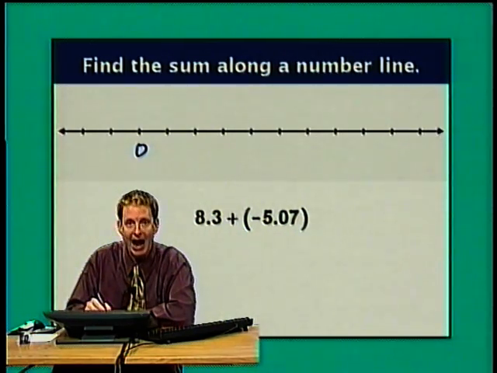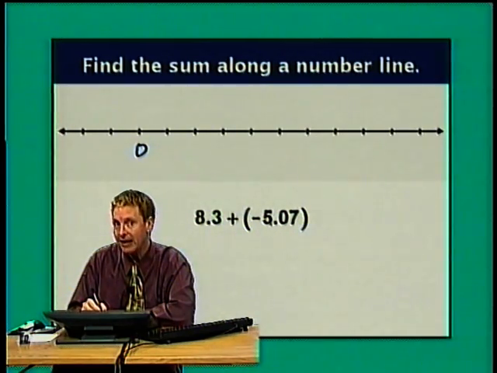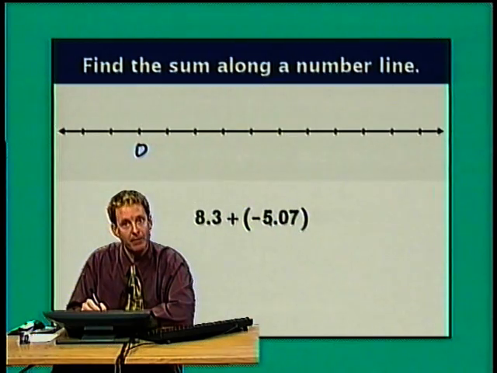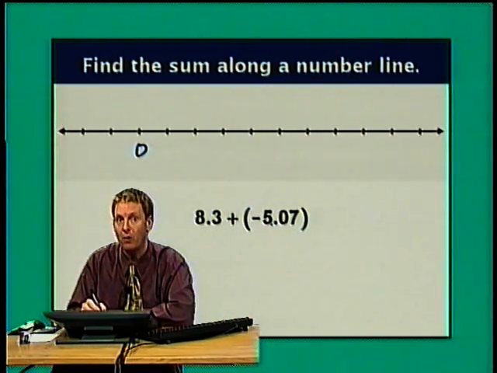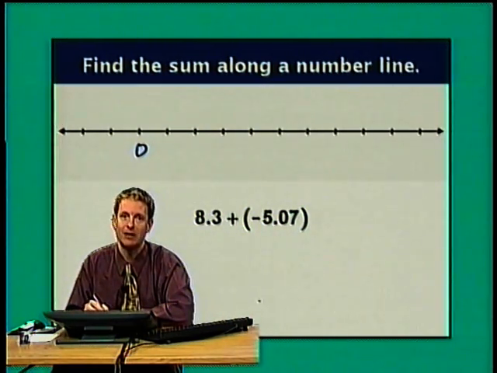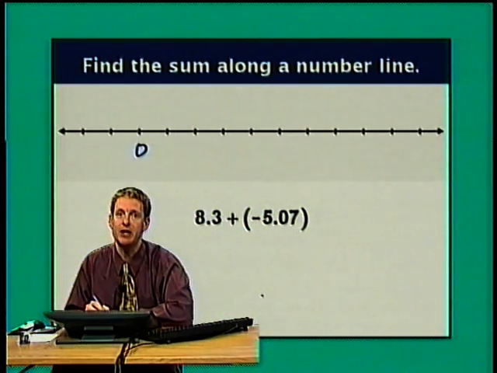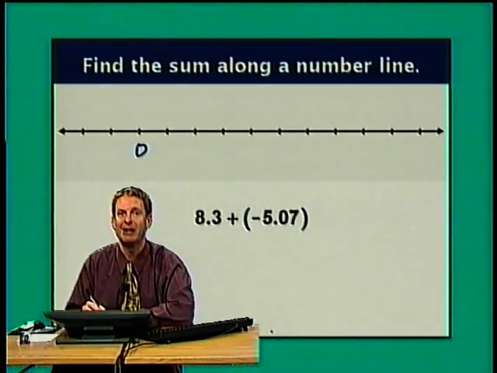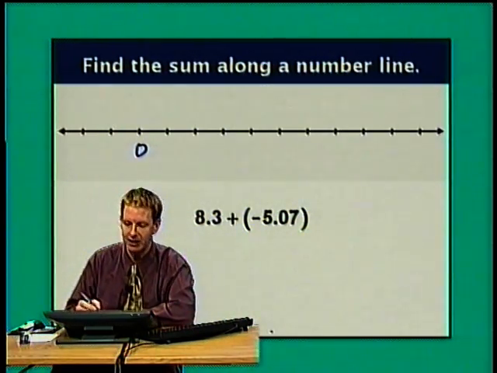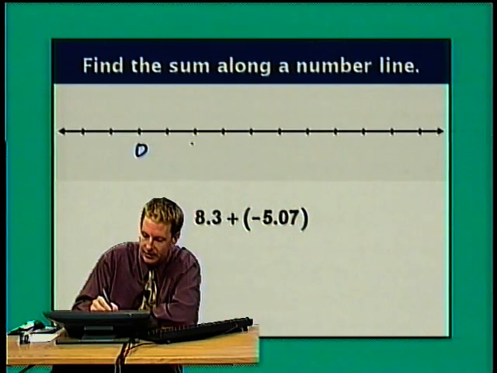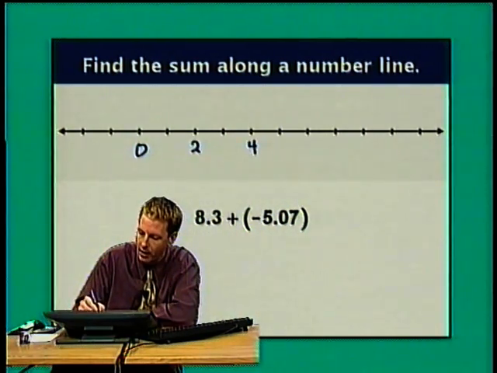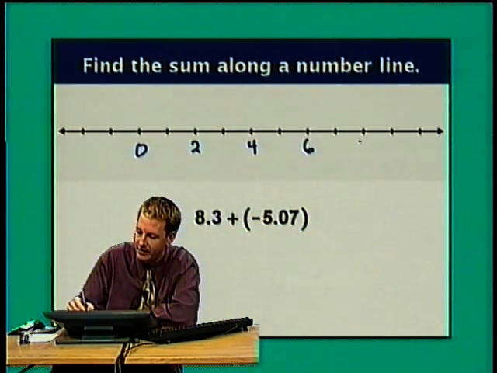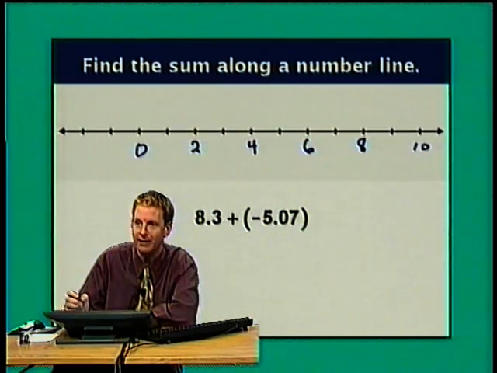And since I'm adding a negative number, the next motion is going to be left, but I'm not going to go back left as far as I went right. So I'm not going to get back to 0. So it looks like having 0 here is going to cover our tracks. Now, I already said I want to use a scale of 1. I think this time I'm only going to indicate the value of every other tick mark. So this is 1, this is 2, 3, 4, 5, 6, 7, 8, 9, 10.